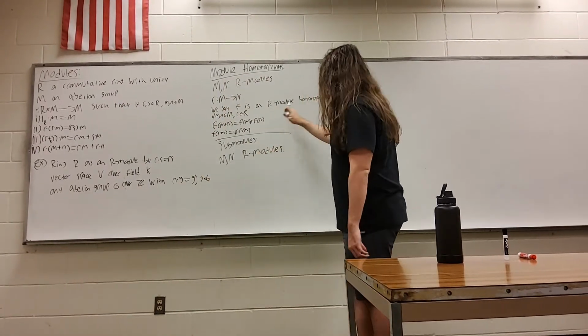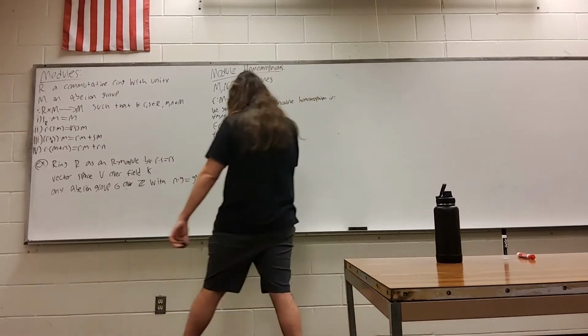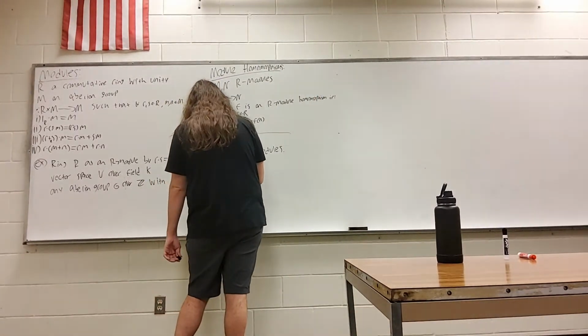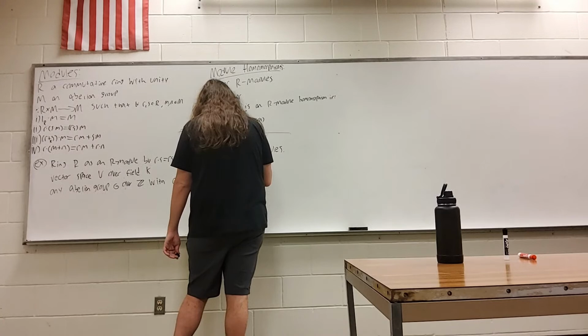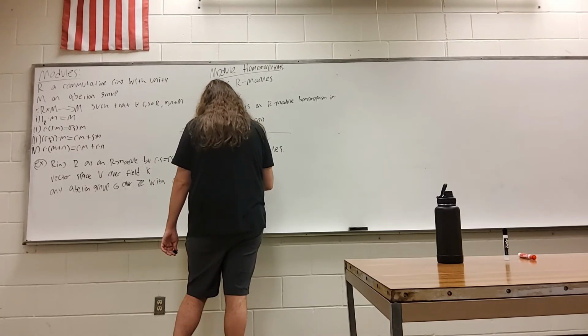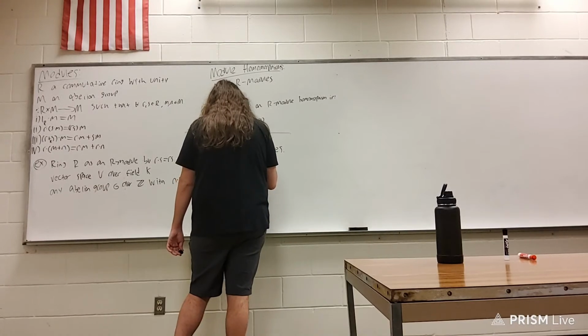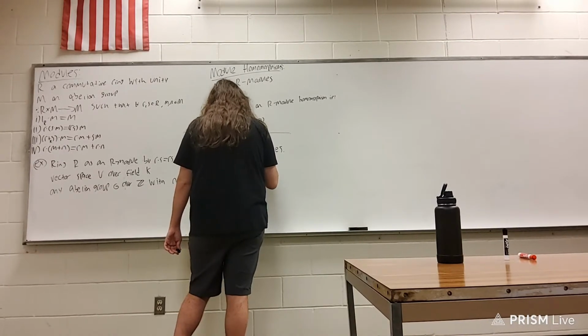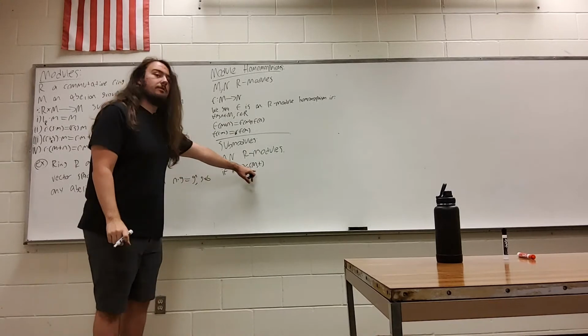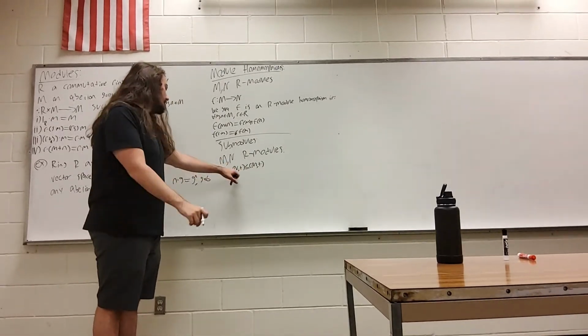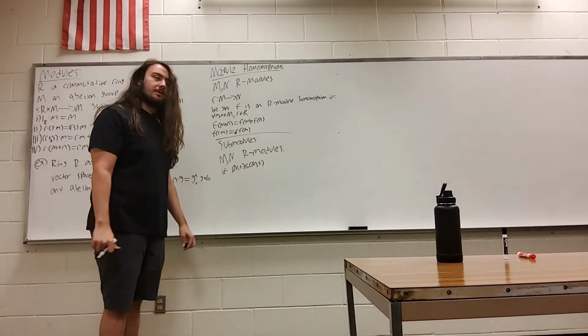So we have, again, two R modules, and this time we want that the abelian group structure, we have a subgroup, that N as an abelian group is a subgroup of M as an abelian group,